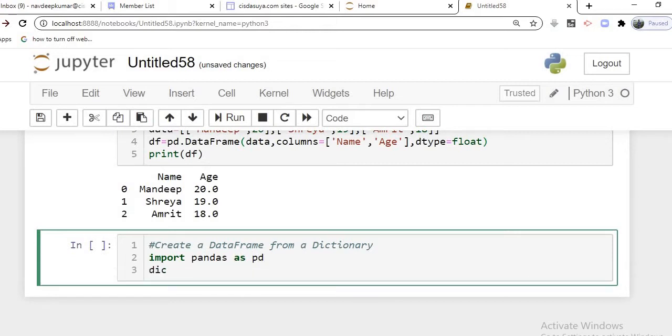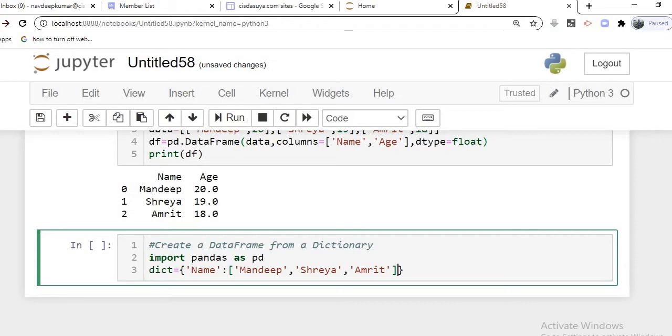We are now going to use a dictionary, and for the first parameter we take the key as name. So we will input the names in the form of a list. Let's say the first name is again Mandeep, then the second name is Shriya, and the third name we take as Amrit.